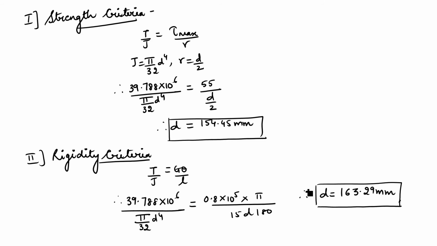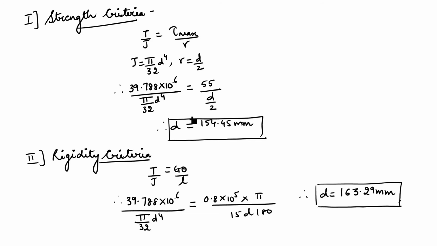The same thing I'll do with this diameter. Substitute this diameter in this formula. Calculate the value of tau. The tau max value is already known. The value of tau obtained should be less than this maximum value. If it is so, then this diameter is satisfying both the criteria. Now it is not possible that both the diameters will satisfy both the criteria. So one will definitely fail, leaving you with only one answer.